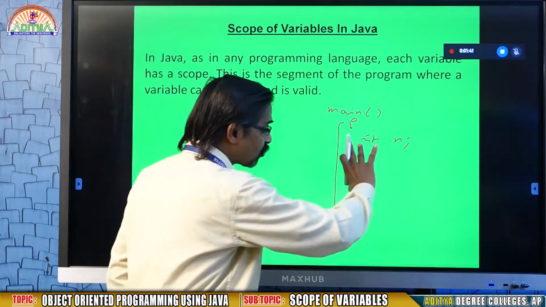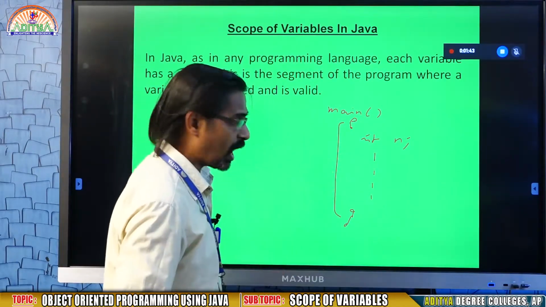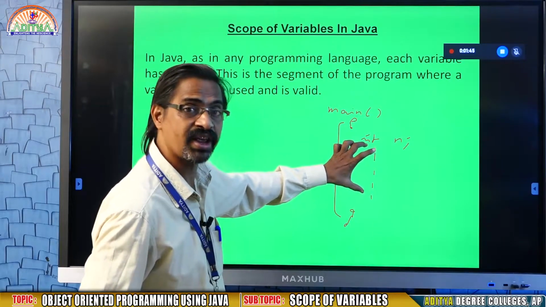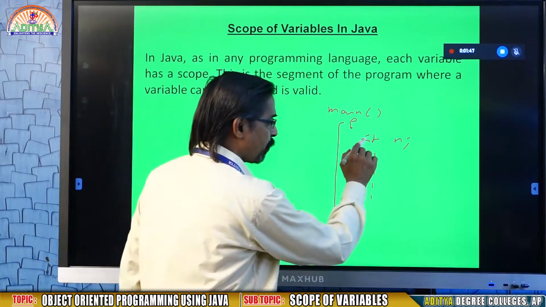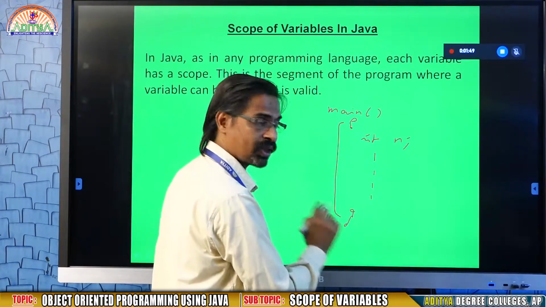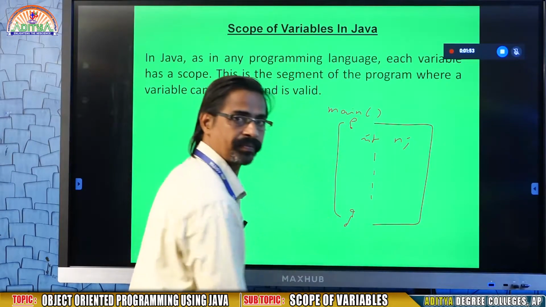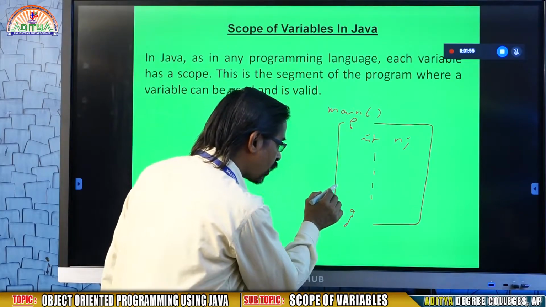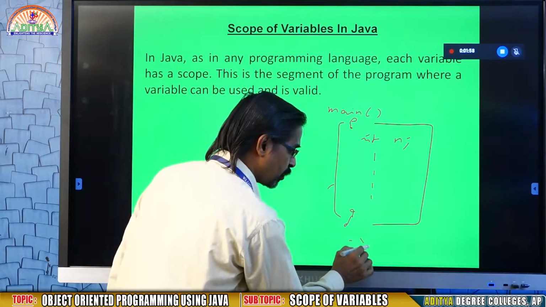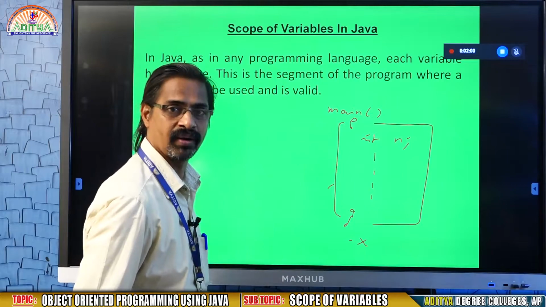Scope means visibility, or the place where the variable is visible. That means the boundary of n is in this following place. So this n is visible within this following area. When you are going outside of this function, this variable is not recognizable.